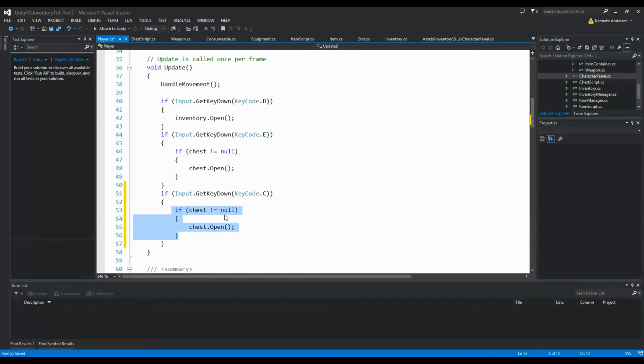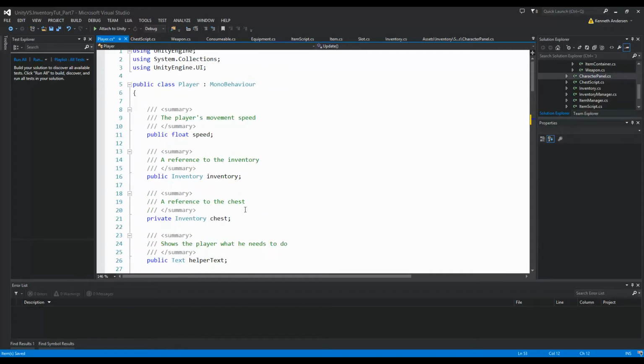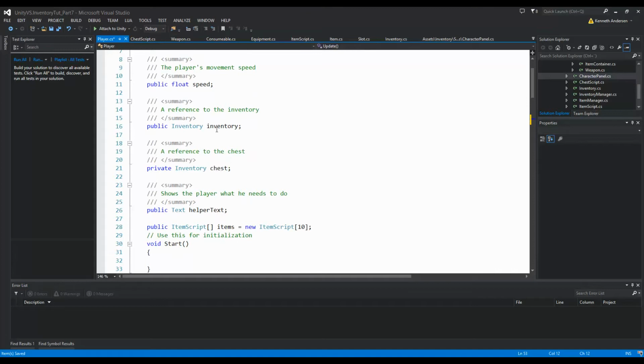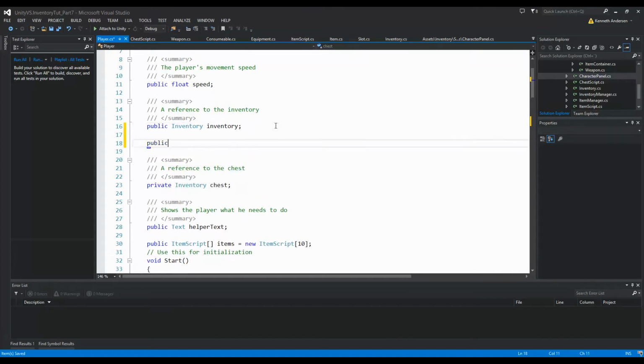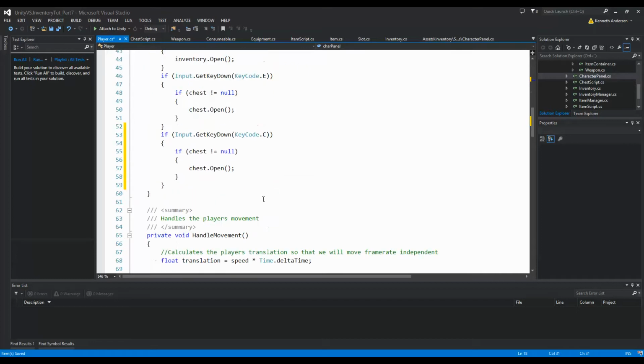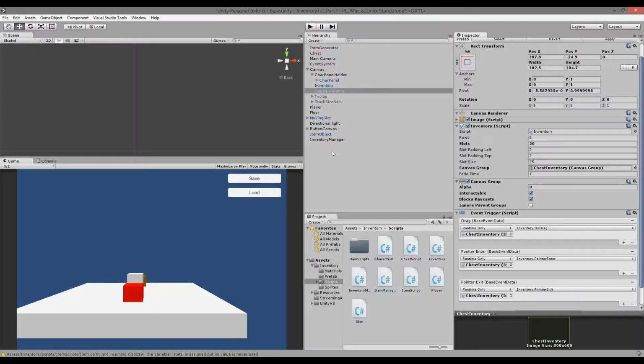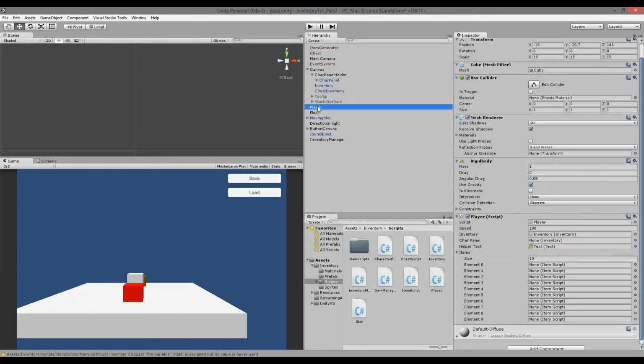But right now we don't have a reference to the character panel, and we need to make that reference. So up here in our fields, we can go under our inventory, say public inventory char panel, and down here under C we need to use char panel if it's not null, and then we're going to say char panel.open. So when we save this, we jump back into Unity,